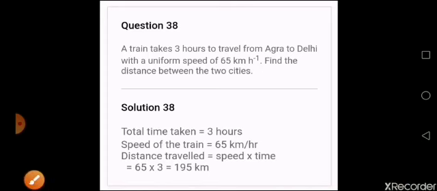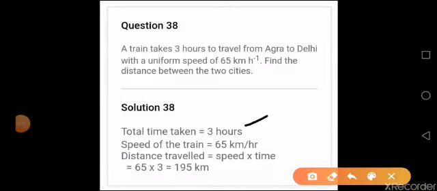Now to find the distance, whenever you do numericals, the first thing you have to check is whether all the quantities are given in standard units. If you are going to discuss this case, here it should be kilometer per hour or meter per second. So either it should be given in kilometers for distance and time in hours. If one is given in kilometer and the other is given in second, you have to convert it. Here in this case, it is okay because time is given in hours and speed is given in kilometer per hour, so it doesn't matter. So this is only a direct question.